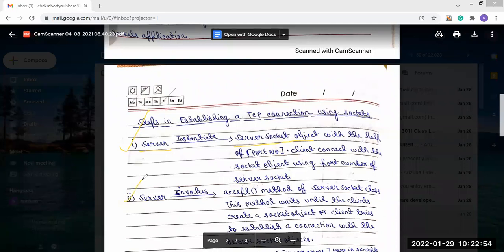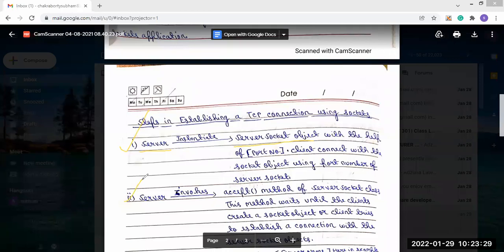What will be the second step? The server invokes the accept method. There is a method present, and one name of the method is accept. This accept method of the server socket class waits until the client creates the socket object, or the client tries to establish a connection with the server socket object.